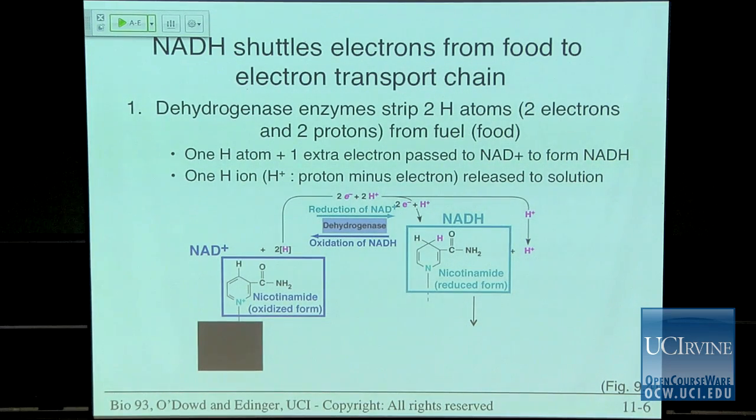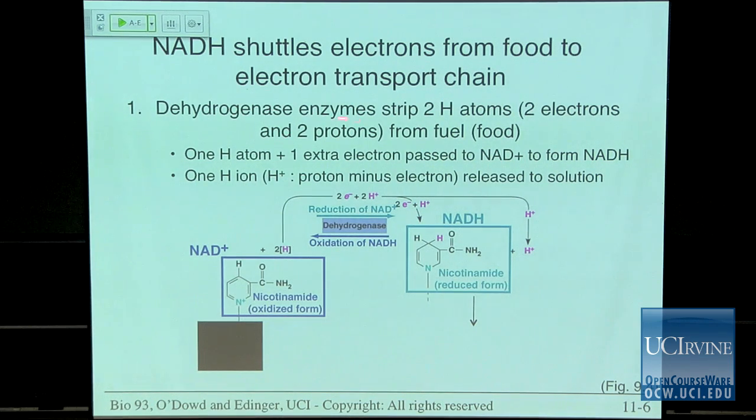I also need to introduce you to the idea of how electrons are shuttled around in cellular respiration. NADH is a shuttle molecule that shuttles electrons from food to the electron transport chain. There are two steps here. The first is a dehydrogenase enzyme that strips two hydrogen atoms. Each hydrogen atom has a proton and an electron. So if we take off two, we get two electrons and two protons, and they're coming from fuel. Most often we're talking about glucose, but this could come from other fuels, both lipids and,